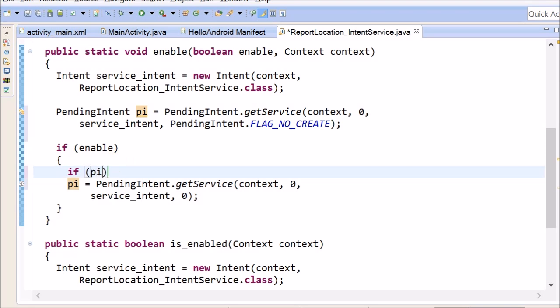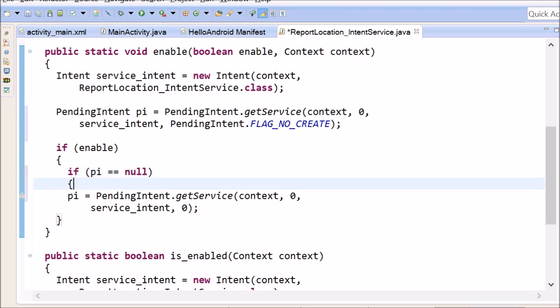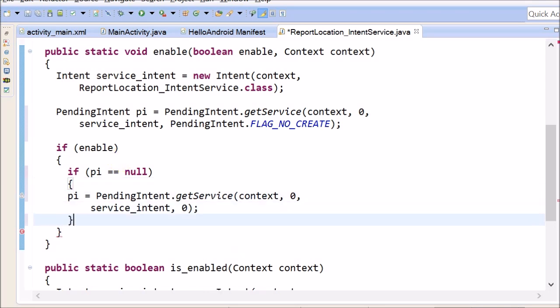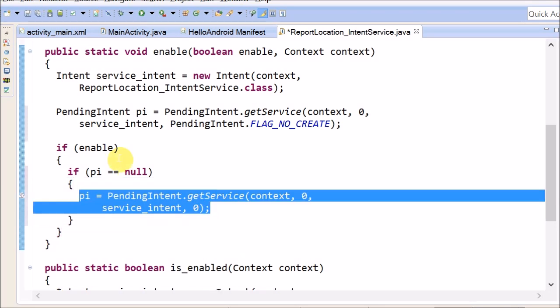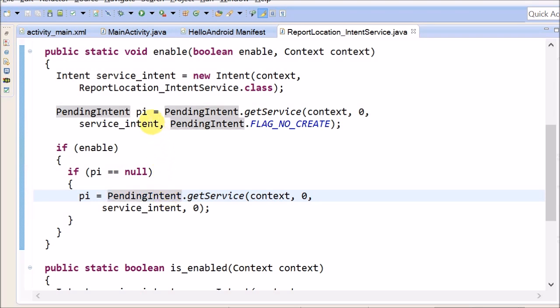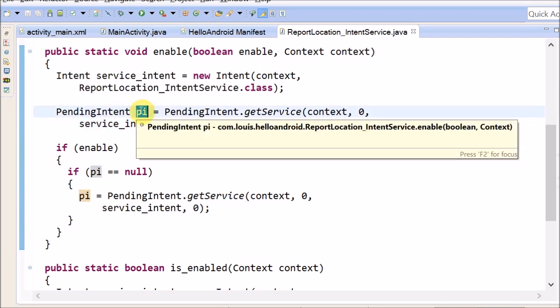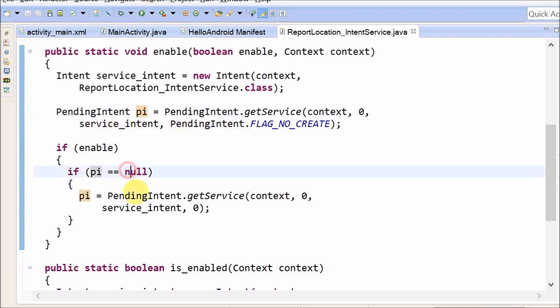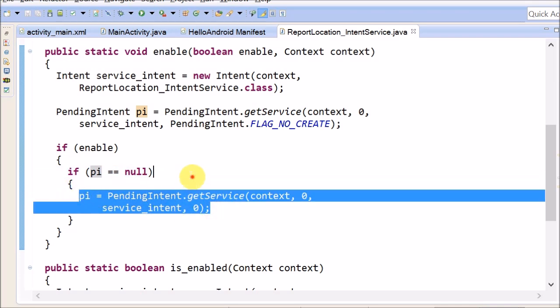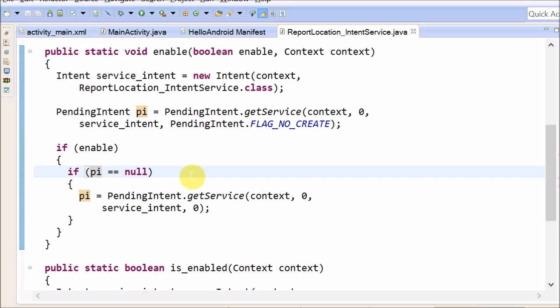Like this. Okay. PI equals null. Right, so I modify a little bit here. I get the pending intent first with this no create flag. That way, if it doesn't exist, it's going to be null, and I'll call this. The reason I do this is so I will not create any duplicates, because it's not clear